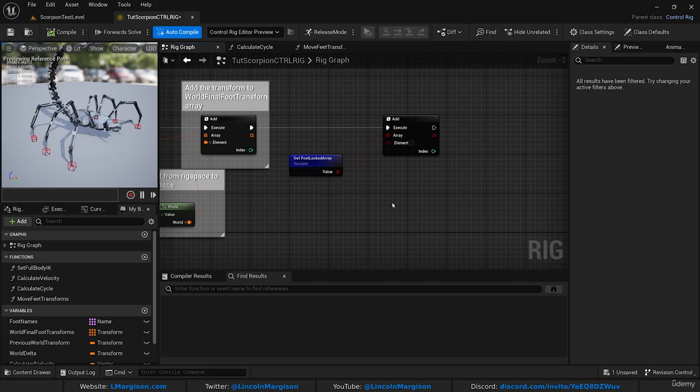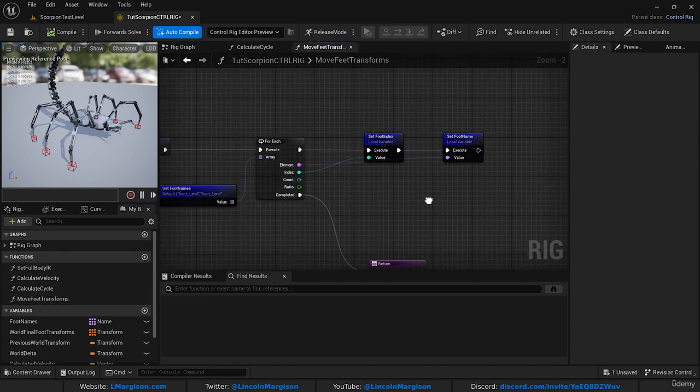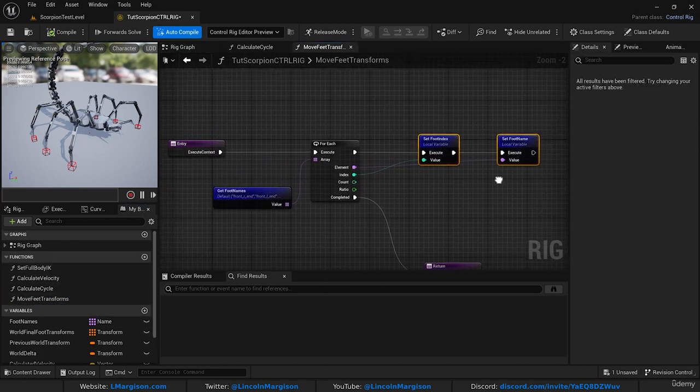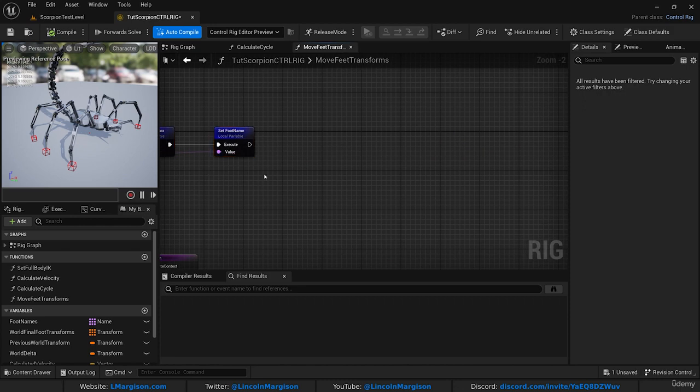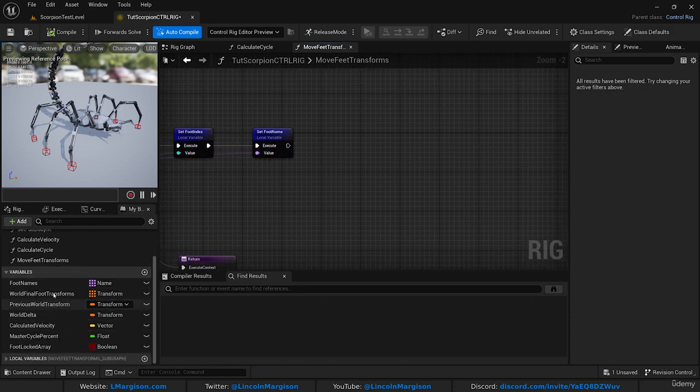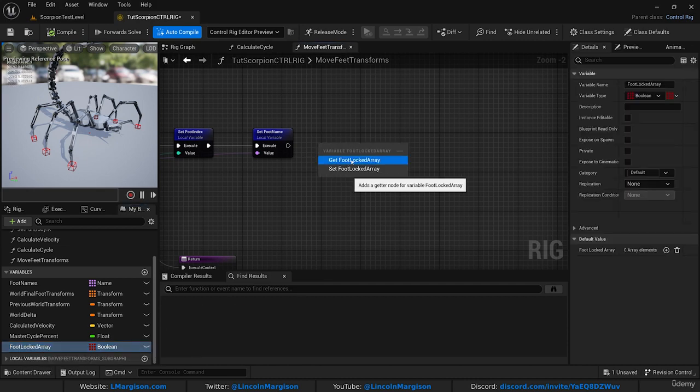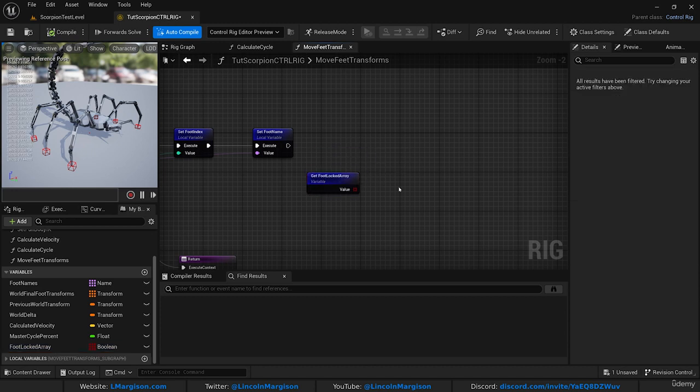So now we're going to go to our move feet transforms function. I've got that in a tab, but you can also click it from here in the functions list. Within the main body of the loop, we're going to check whether or not the current foot is locked or unlocked. So we'll drag in a reference to our foot locked array and do get foot locked array. And we're going to drag out from the array and do at